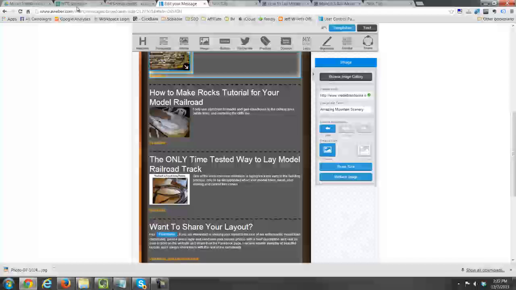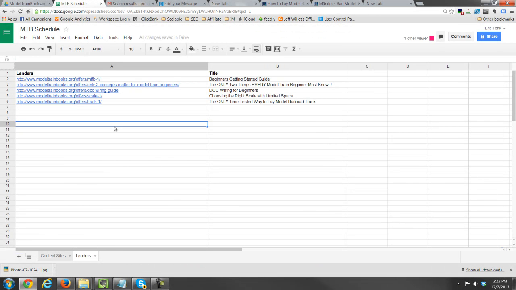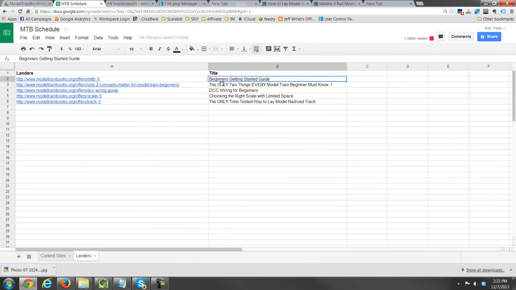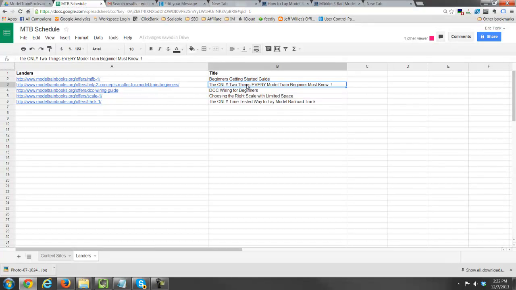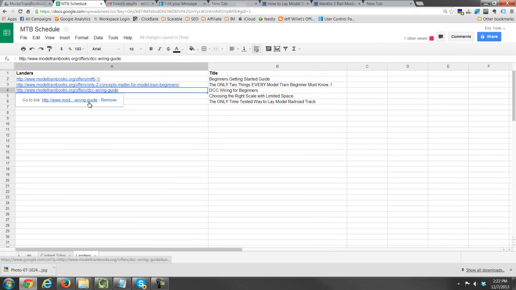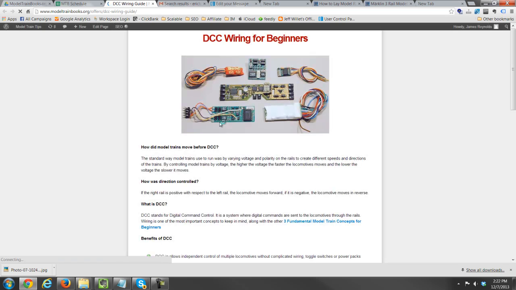For this one, what you have to do is go to the MTB schedule, look at the landers column, and choose one of them. So you could either choose the only 2 things every model train beginner must know. DCC wiring, let's just choose this one. So go to this page. This is what they'll see. What you want to do is